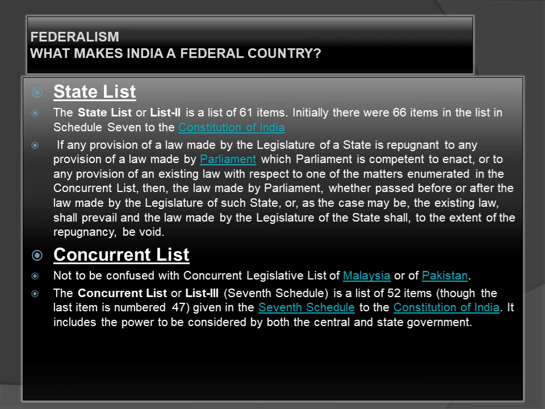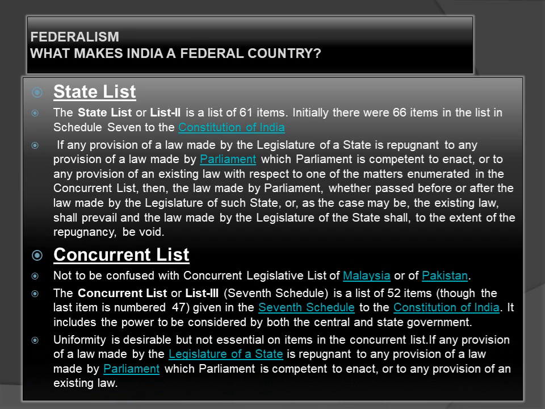The Indian concurrent list comes in the third list of the seventh schedule. In this concurrent list, there are 52 items, though the last is numbered 47, given in the seventh schedule to the Indian Constitution. It includes powers to be considered by both central and state government. Sometimes there are disputes between states and the central government, so these disputes are sorted out through the concurrent list as well. Uniformity is desirable but not essential on the items of the concurrent list,